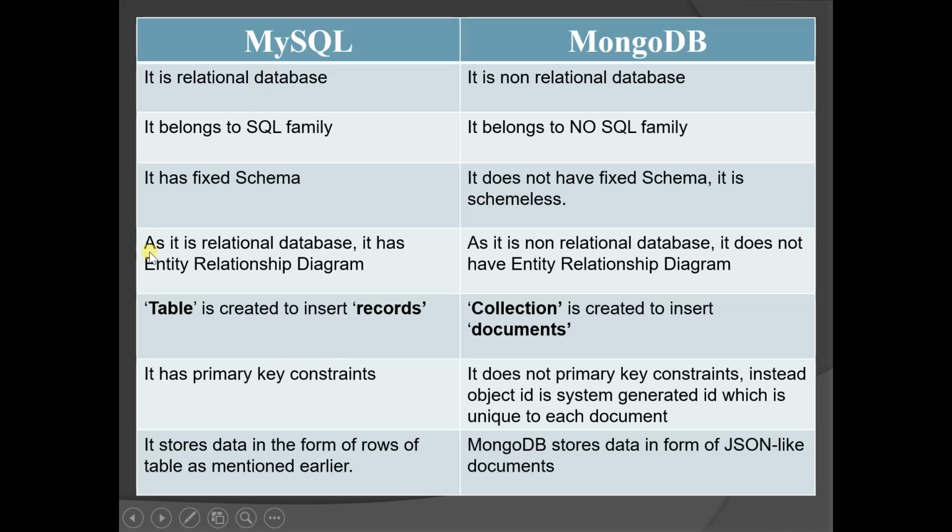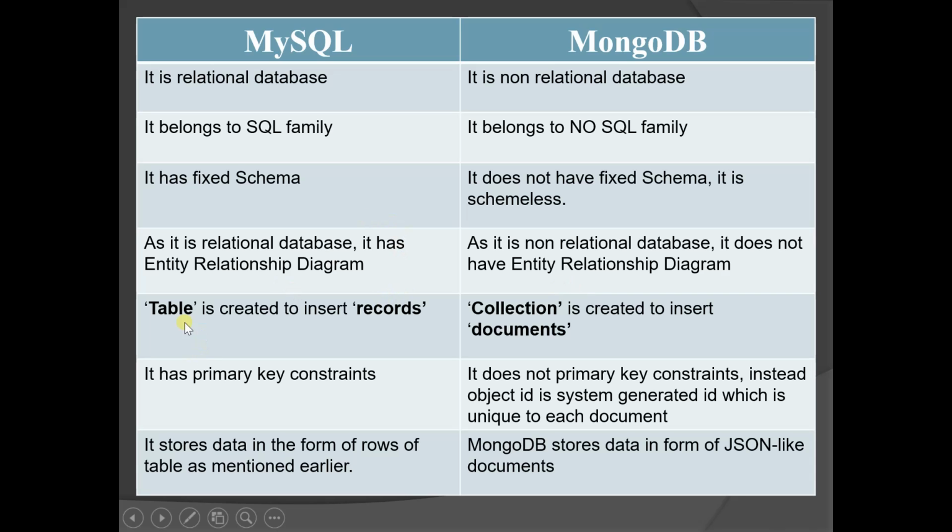Then MySQL, as it is a relational database, has an entity relationship diagram. We all know what an entity relationship diagram is. It is nothing but a pictorial representation of a relational database. So that's what an ERD, an entity relationship diagram, is drawn in a MySQL database. Whereas MongoDB, as it is a non-relational database, does not have an entity relationship diagram. We cannot draw an ERD in a MongoDB database as it has a dynamic schema, and there is no relation between